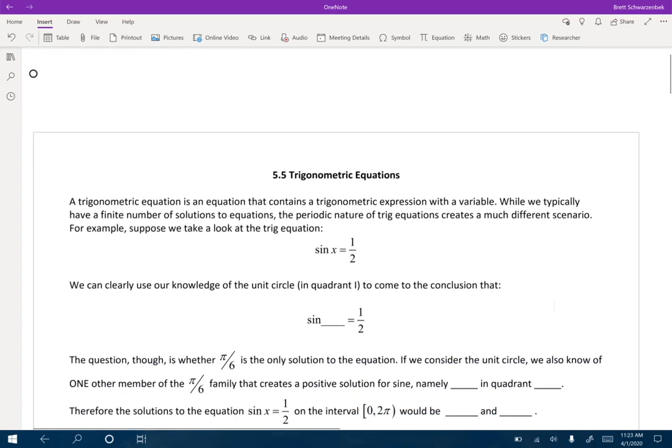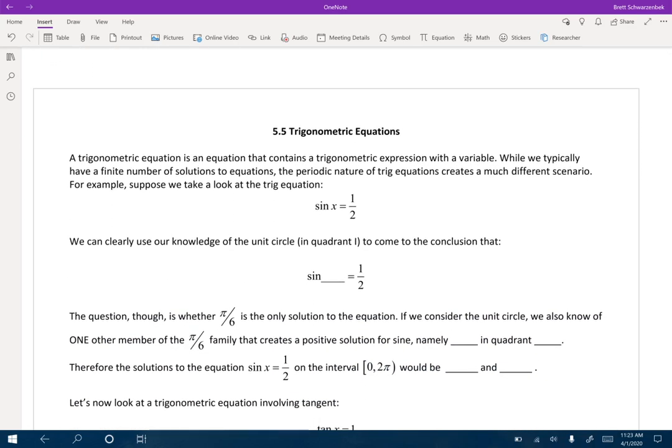It makes sense. It's basically any equation that has a trig function in it. So our first equation up at the top here, you'll see that the sine of x is equal to 1/2. Basically, you would be asked to solve this for all possible values of x. Now, take note here